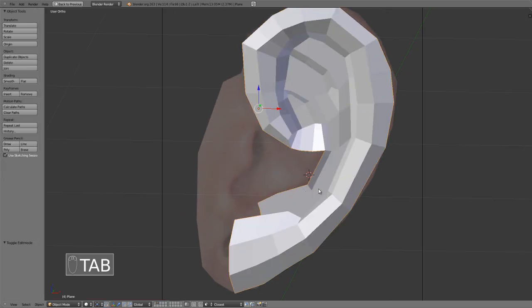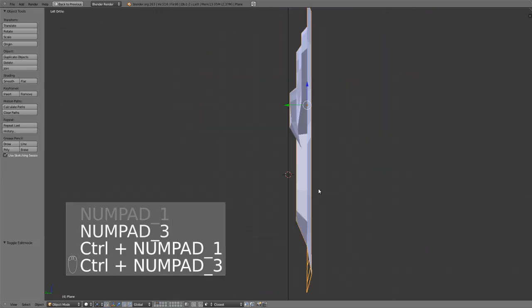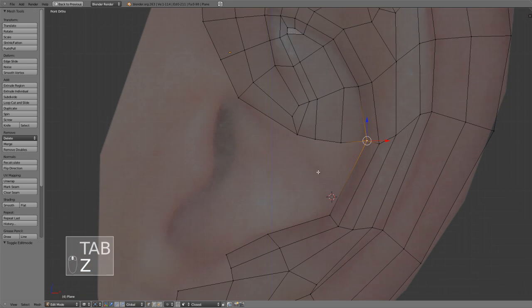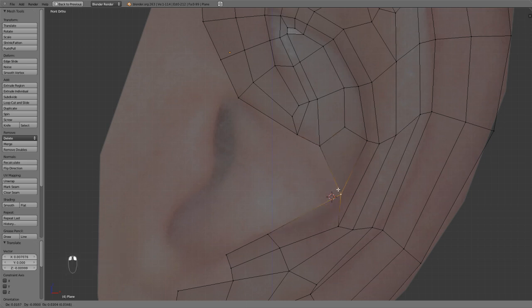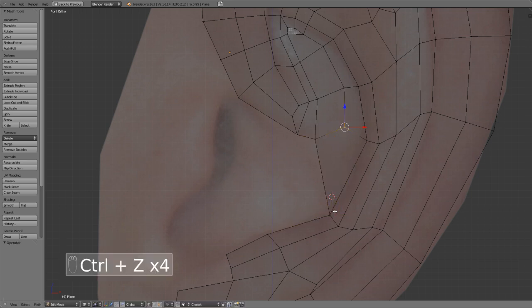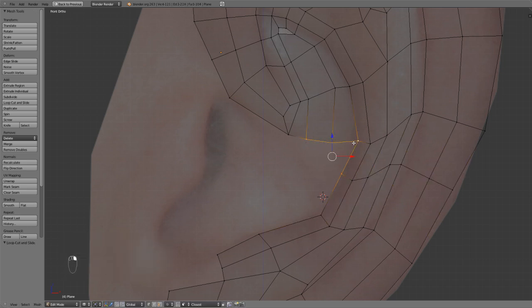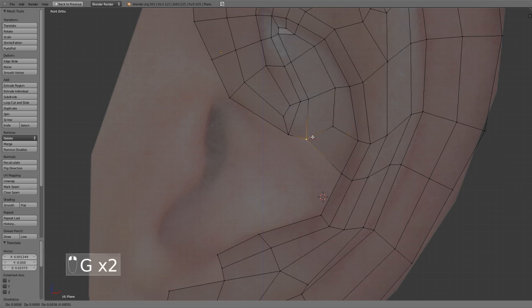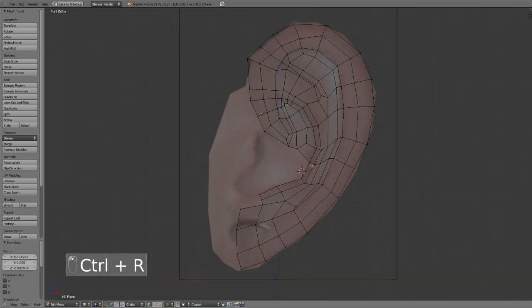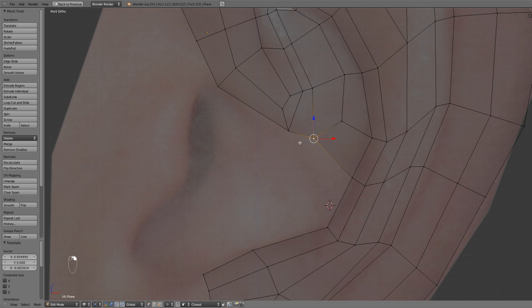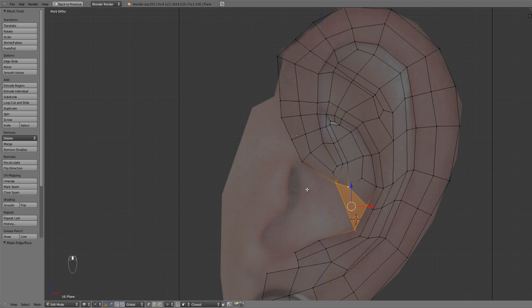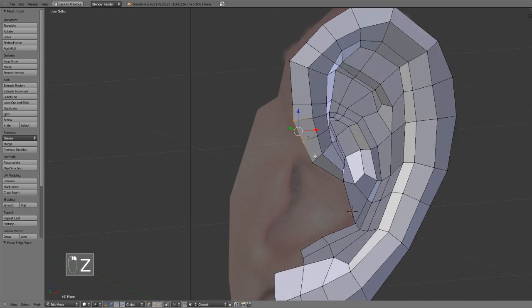Alright. And from here, 1, 2, 3, 4. We'll just put a quad there. Actually, no, we won't. We'll put a quad here and add an extra loop, because the cut's not going to be going across that part. 1, 2, 3, 4. And right here,